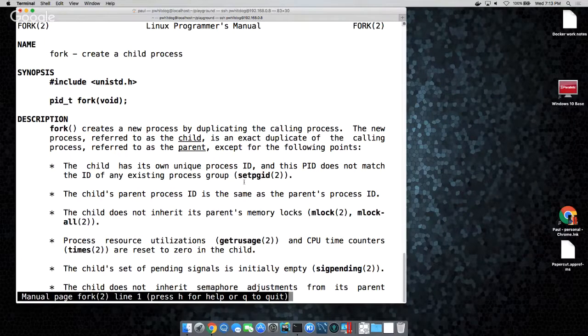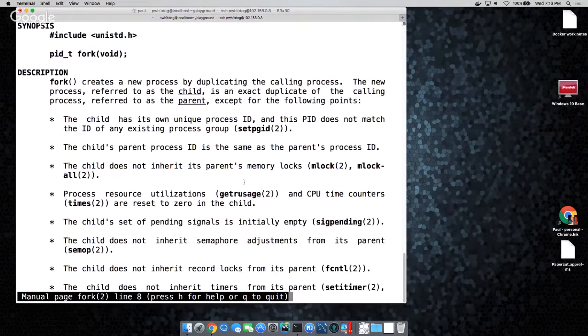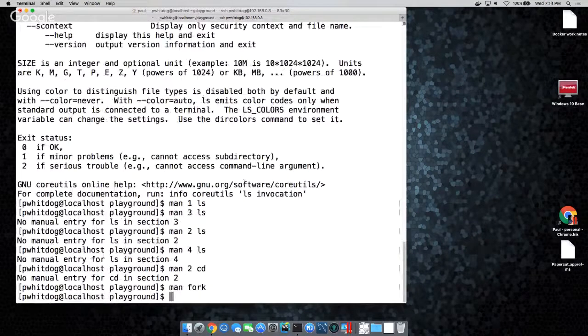So this is all on page 43 in the book, by the way. If you want to read table 5.1, it lists the different sections of the manual and how to jump right to a section if you know what you're looking for about the command. Most of the time when people are using the command line, they're looking for how to use it. They want a usage example, which is man 1 or just dash help.